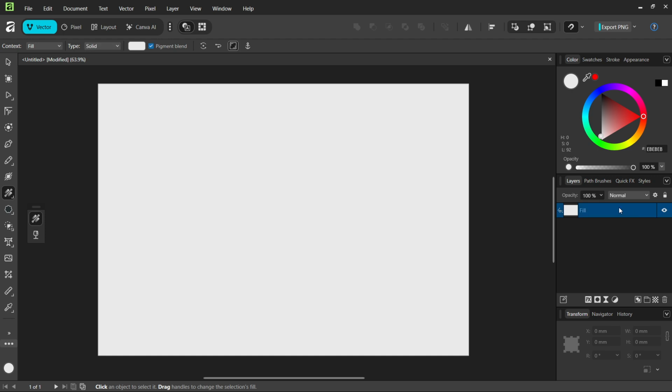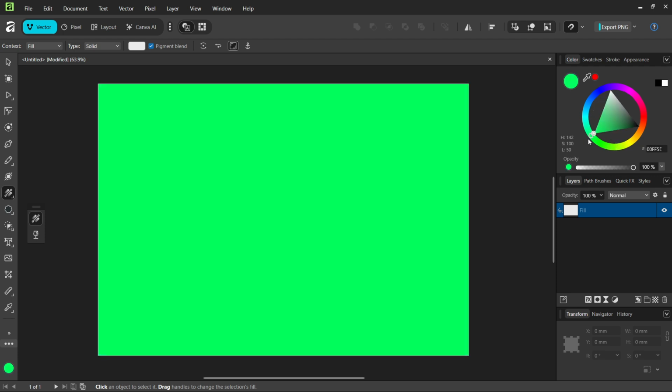Now, you can click on it to select it, and then you could go ahead and basically fill it with a solid color by just clicking over here and kind of sliding this around, and you can choose your preferred color. Of course, you also could do some gradients and stuff like that,